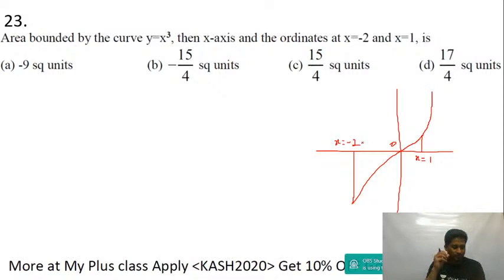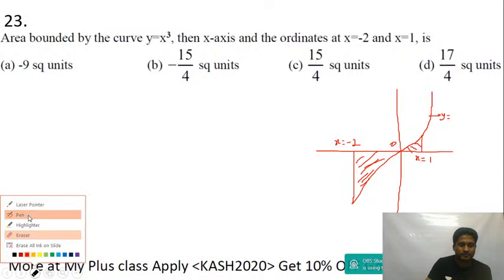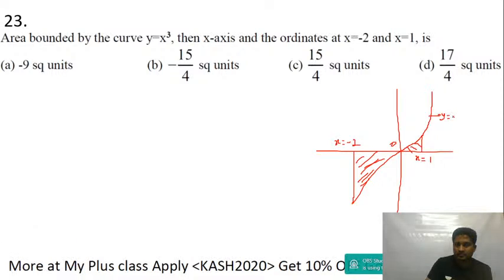Right? Then, hi Tanuf, good afternoon. So this area, it's not symmetric, guys. I'm supposed to find out this area. And it's not symmetric. This is y equal to x cube. This is x, this is y. Okay, now area below the x-axis will be negative, area above the x-axis will be positive.